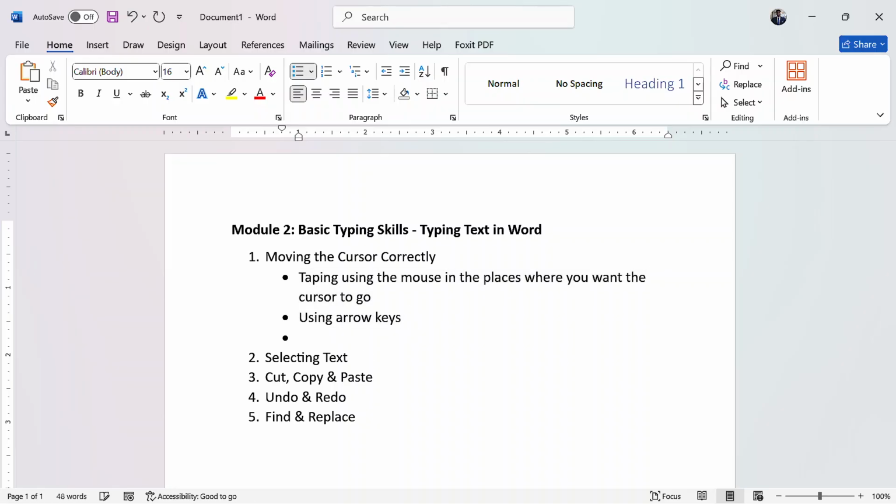Number 3, using the enter key. When you tap on the enter key, the cursor moves down automatically, or it creates a new line automatically. And lastly, using the tab key.